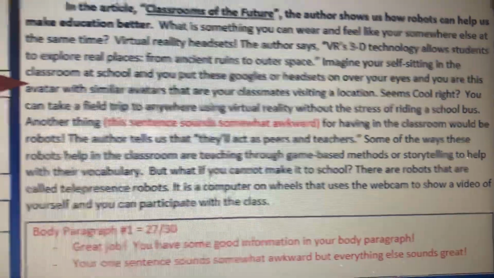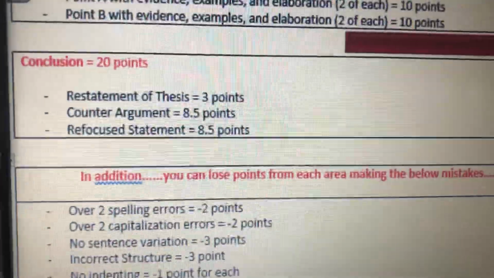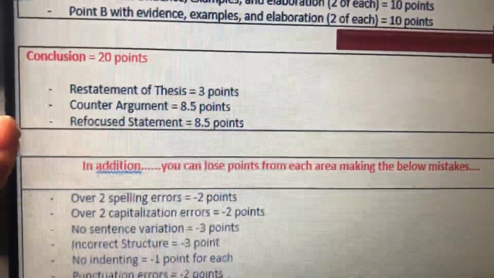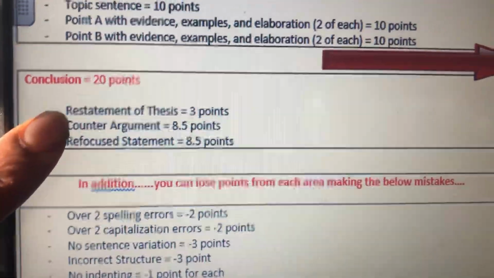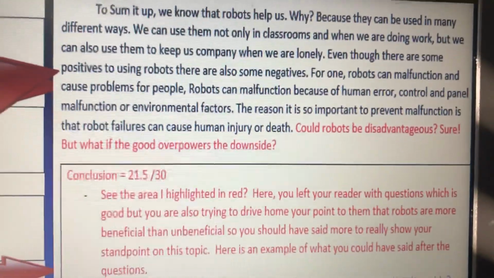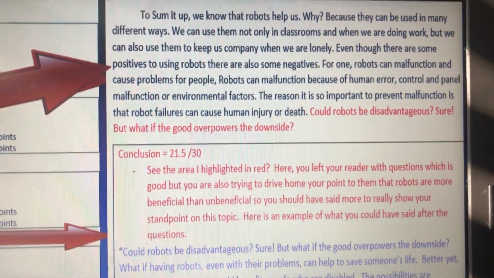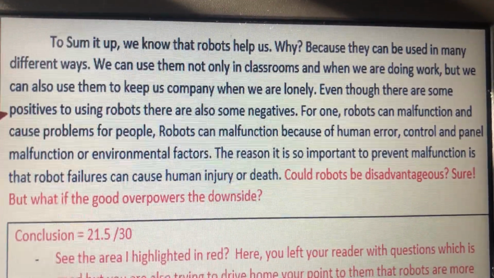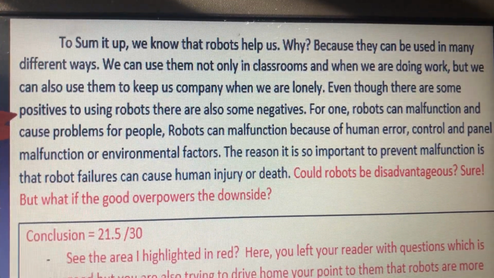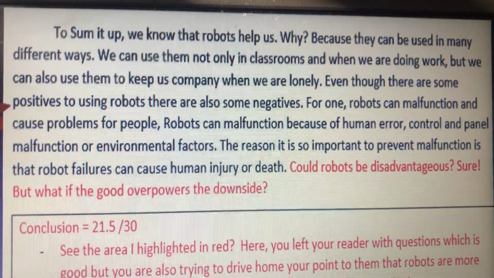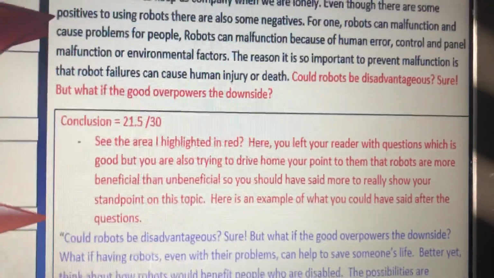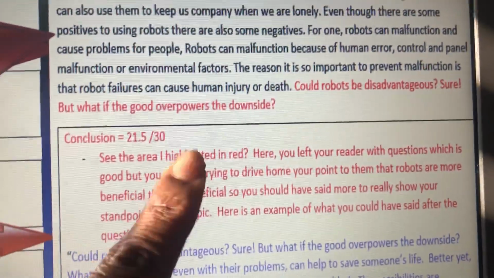So the last section we're going to look at is the conclusion, which is worth 20 points. Now, for this conclusion, I want you to take a second, pause the video, and silently read the conclusion, and then go ahead and come back. All right, so hopefully you paused it. So I want you to first of all look at my feedback box. That's what those boxes are, feedback. For the conclusion, this person got 21.5